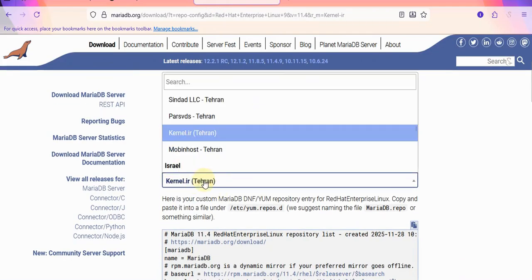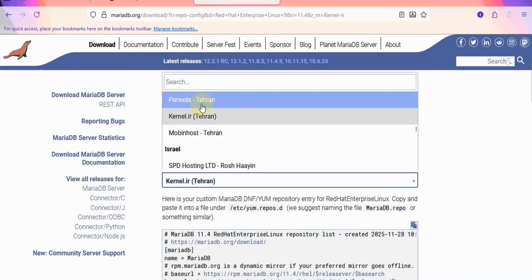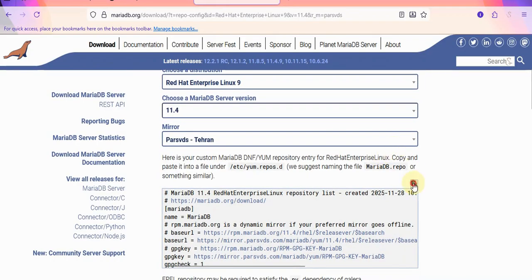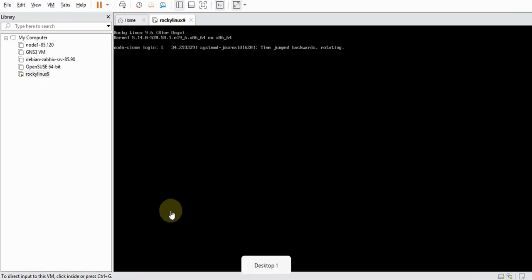And you can choose another mirror. I want to choose this mirror. I think this mirror is stable, and let me